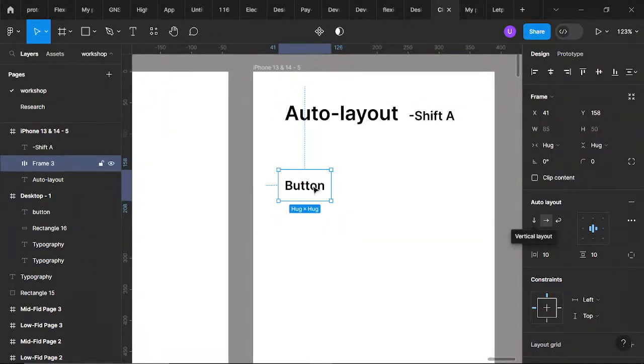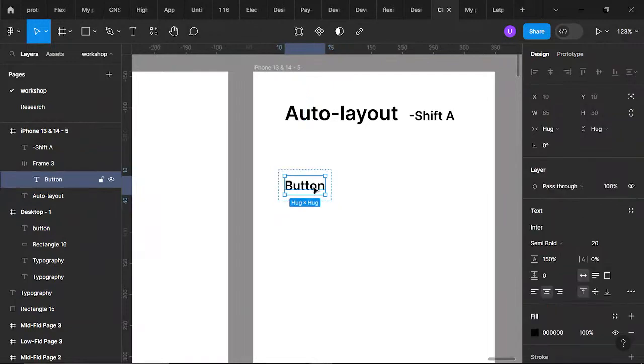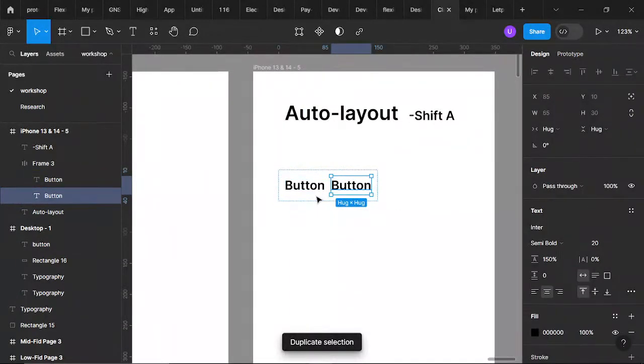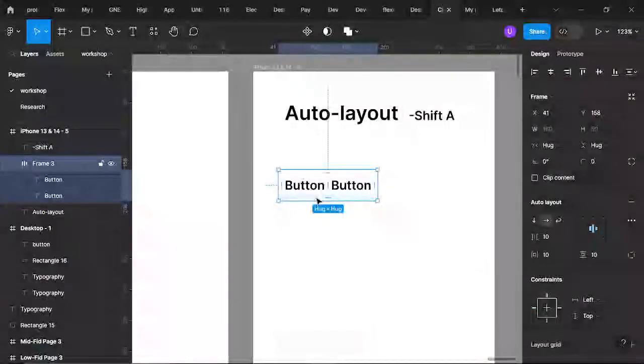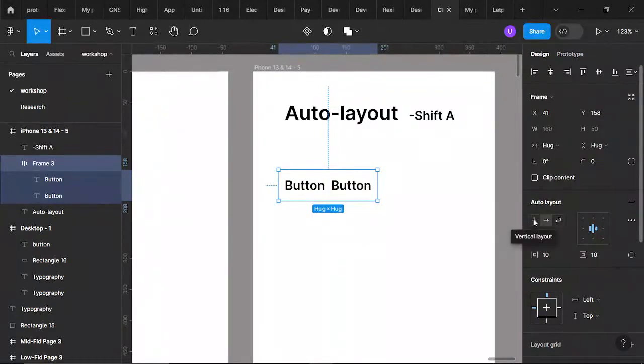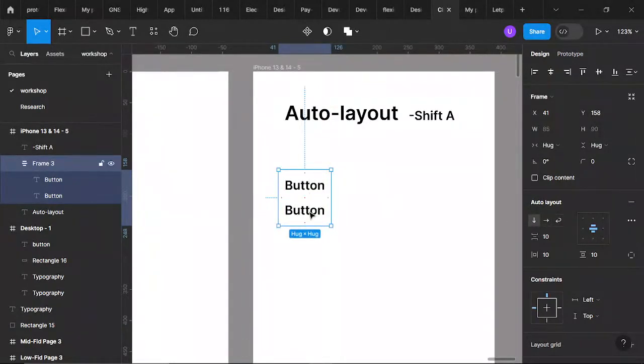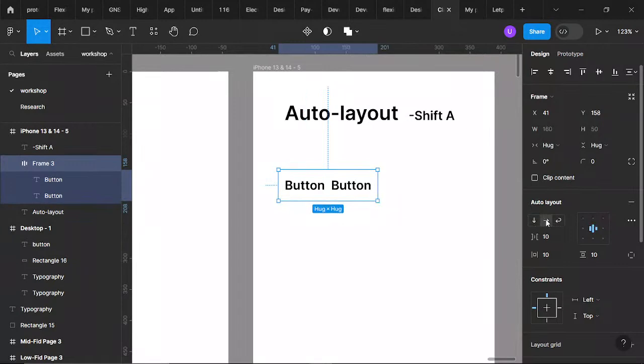So for example, if I click on this word button and I duplicate it, since this one is on horizontal layout, it will be arranged horizontally. But if I click on this vertical layout, it will be arranged vertically. You can see horizontal, vertical, right? So let's stick to this horizontal.